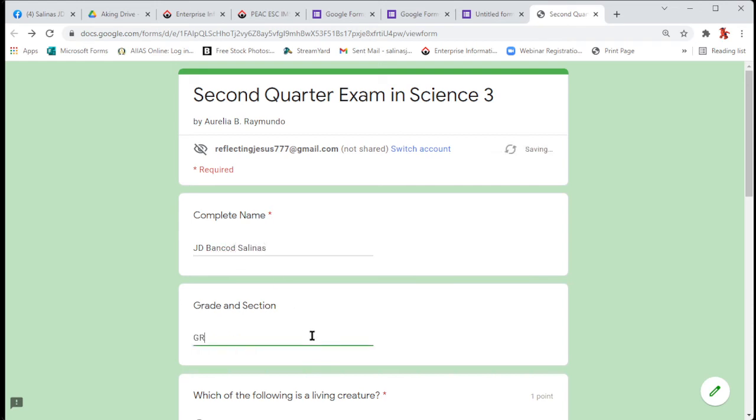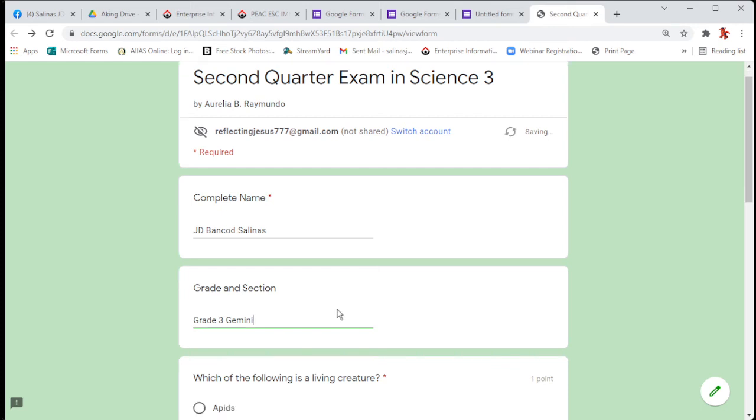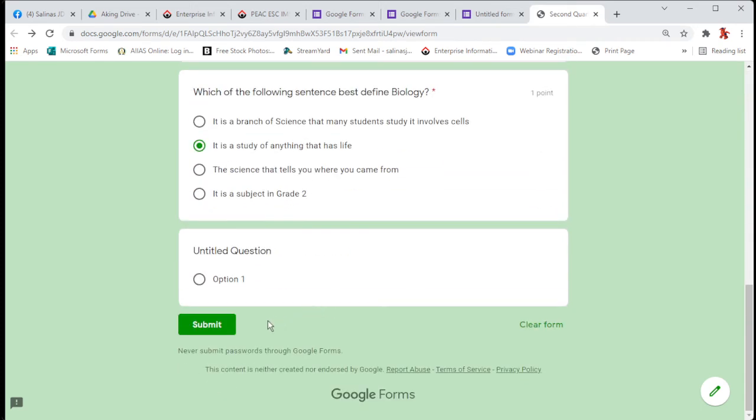Section, Grade 3 Gemini. Okay. So, once I click submit,